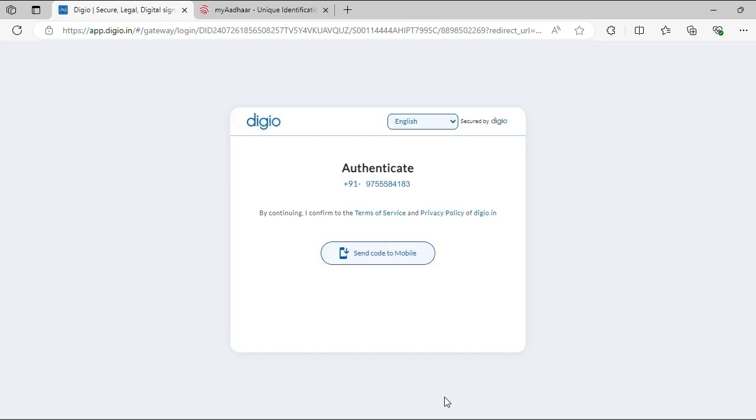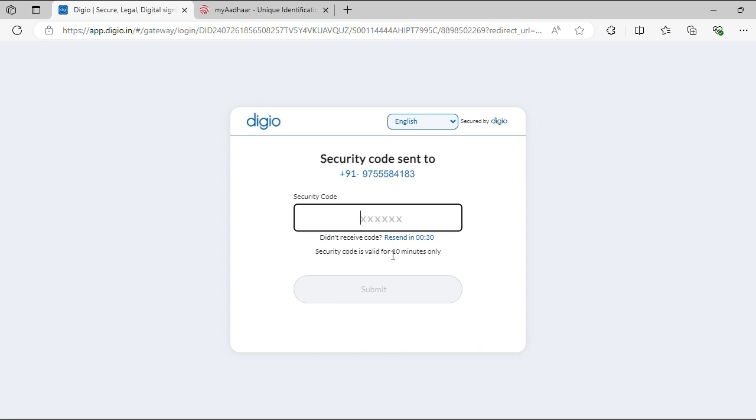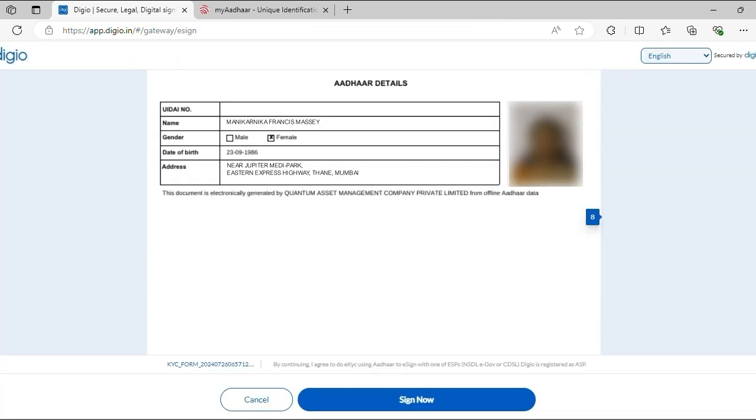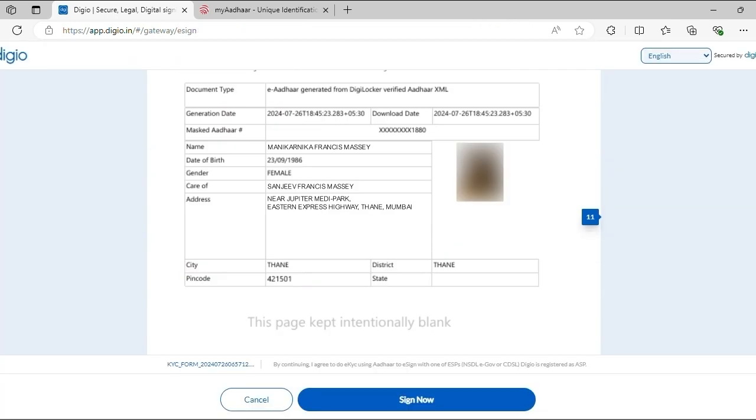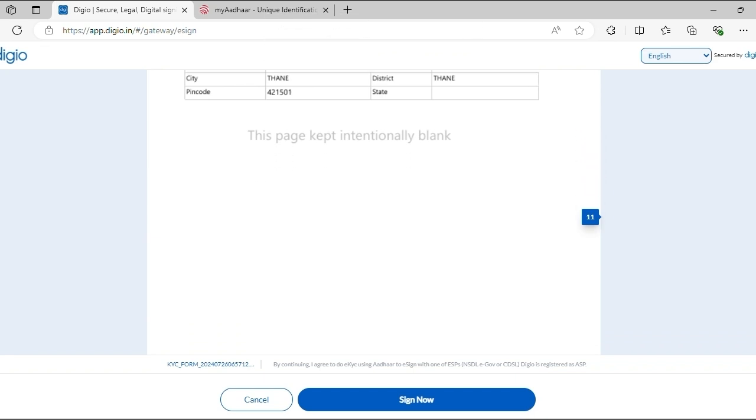Click on Send Code to Mobile. Enter the security code received on mobile and click Submit. The client registration kit will appear. Check and scroll to the last page to verify your details and click on Sign. Now,